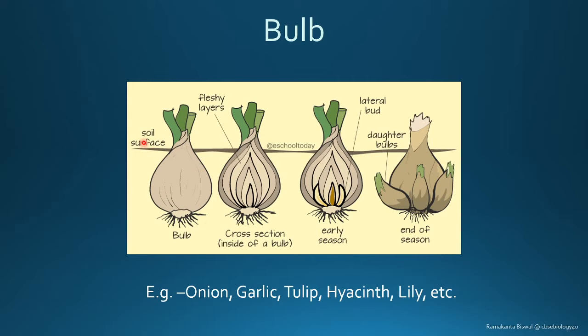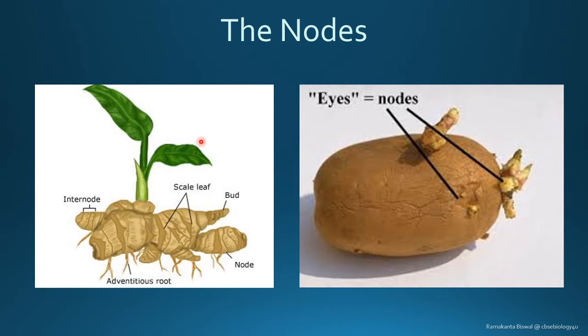Now here one more, there is the bulb. We all know that we see it typically in case of onion, garlic, tulips, hyacinth, lily. Okay, so you all know about it. Now the nodes. Now we know about the plants and the ginger. Okay, so why am I giving emphasis to the nodes? Because when we talk about these vegetative propagules, in most of the places you will be seeing these are the modified stems. And when we talk about the stem, we all know there are nodes and there are internodes. Internodes are typically the space between two nodes, and these nodes are very important because these are the structures that actually give rise to the new branches.